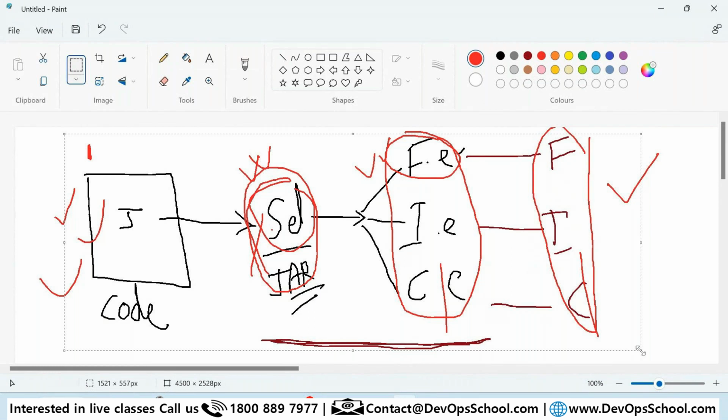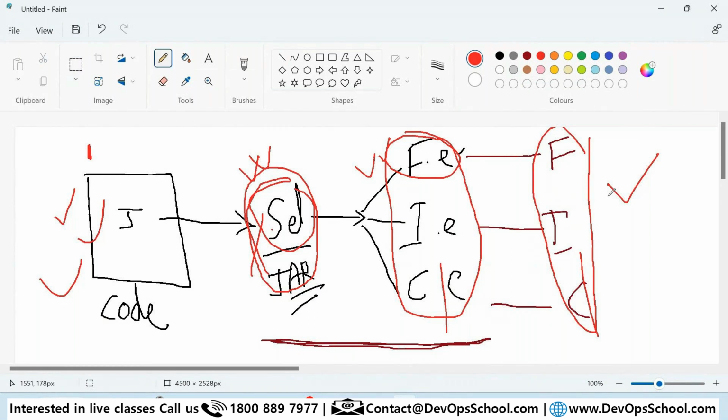Let's say this is a linear sequence. The testing will happen: one test, two tests, three tests, like that. If you have 1,000 tests, how much time will it take? 1,000 minutes. That's going to be huge. So what do we do to set up parallel testing? That is where you are going to use